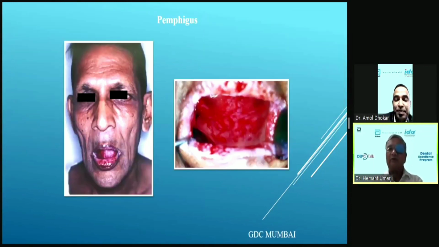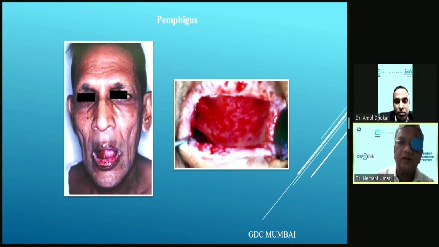So this is pemphigus vulgaris, where a bullous lesion is formed, and it is more common in the older age group, age more than 40, 50, like that. The bullous lesion will form and rupture, and that is a very dangerous condition. In the past, it was considered fatal, because the patient will develop lesions in the skin also. When steroids were not given, because of infection through the skin, or because of the loss of electrolytes from the skin, dehydration, etc., patients used to die. But now with steroids, these conditions have become a little curable, and it is not that dangerous.